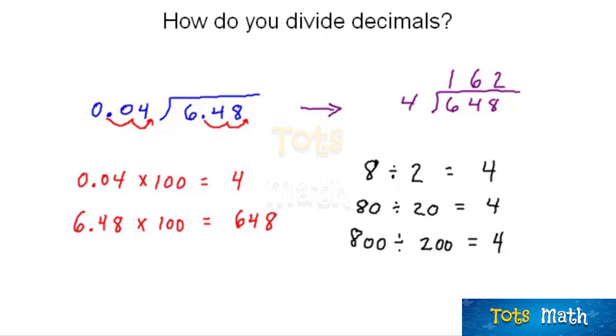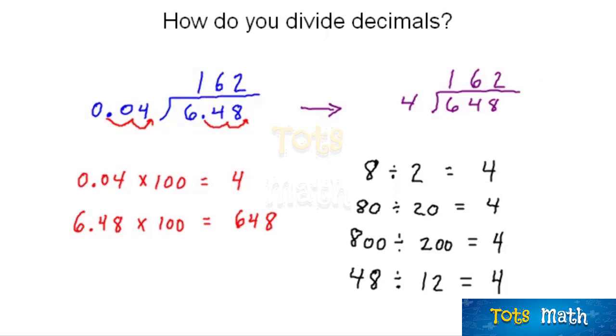We could do it with the number 6. If we increase 8 by a factor of 6, well, 6 times 8 is 48. And now we'll increase the divisor by a factor of 6. 6 times 2 is 12. 48 divided by 12 is again 4. So the answer to our original problem, 6 48/100 divided by 4/100, is the same answer that we got over here. The answer is